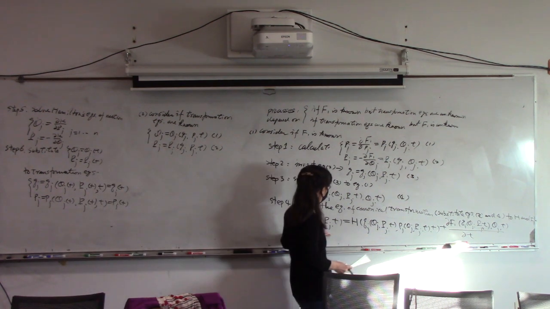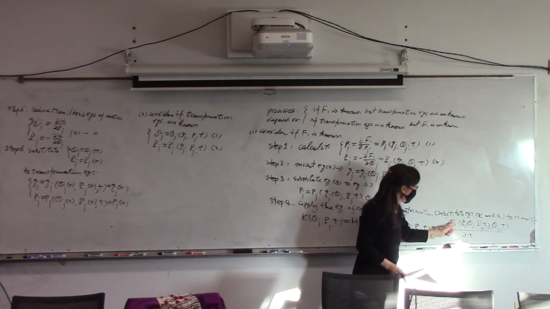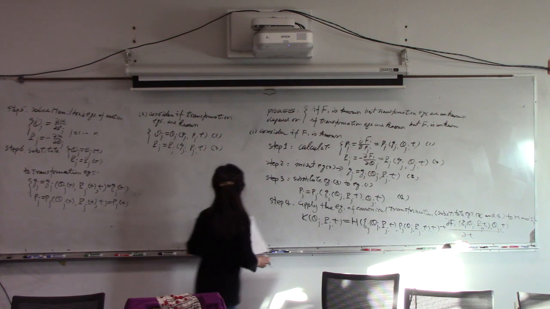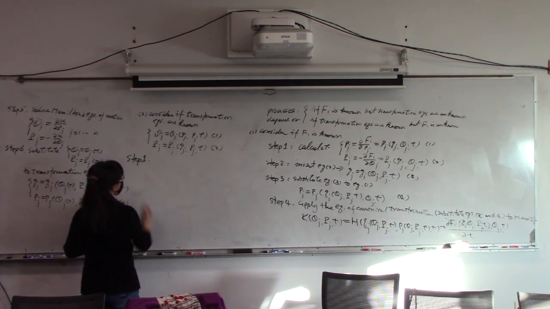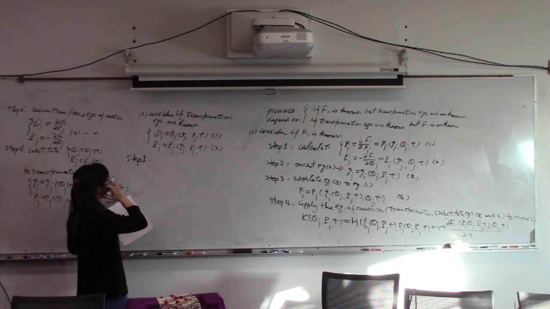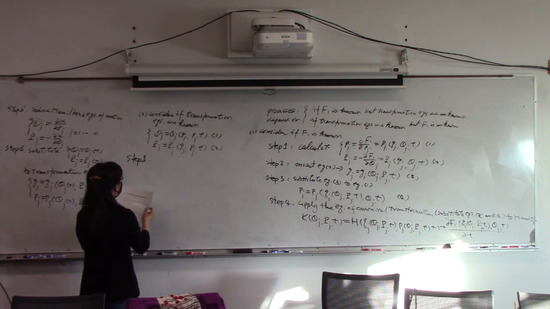Second, if we apply this, we need to find this one. We do not have this term, right? So we need to find this. Okay. So if this is the case, step 1, the goal is to find F1, and also check whether it is a canonical variable. So first, step 1,